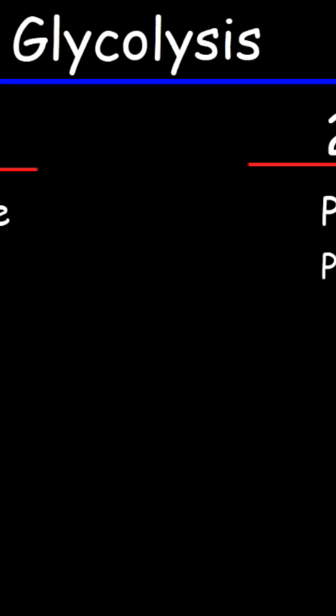Now, glycolysis can be broken up into 2 phases, and it occurs in 10 steps. So in the